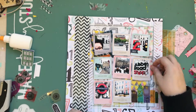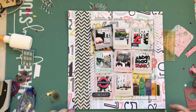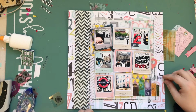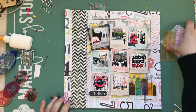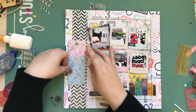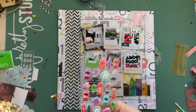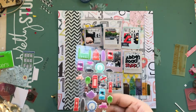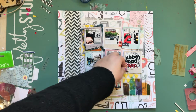And I have some puffy stickers that I bought when I was away in England and Scotland. They were London based puffy stickers, so they have the phone booth and all the icons of London. So I'm gonna use a few of them. Some of the colors don't really match, so I'm not gonna worry about it. Like there's the double-decker bus and stuff like that, so I'm gonna stick those around and just have fun bringing in some more red